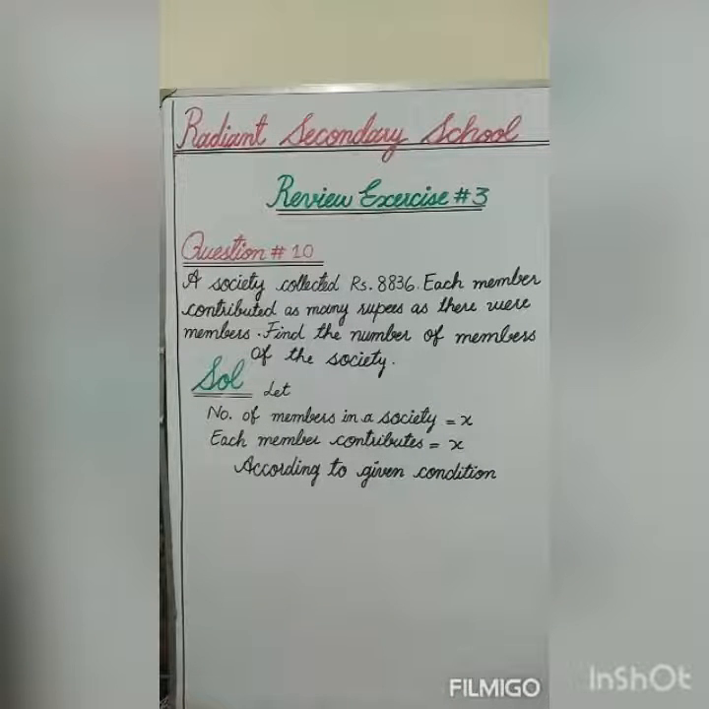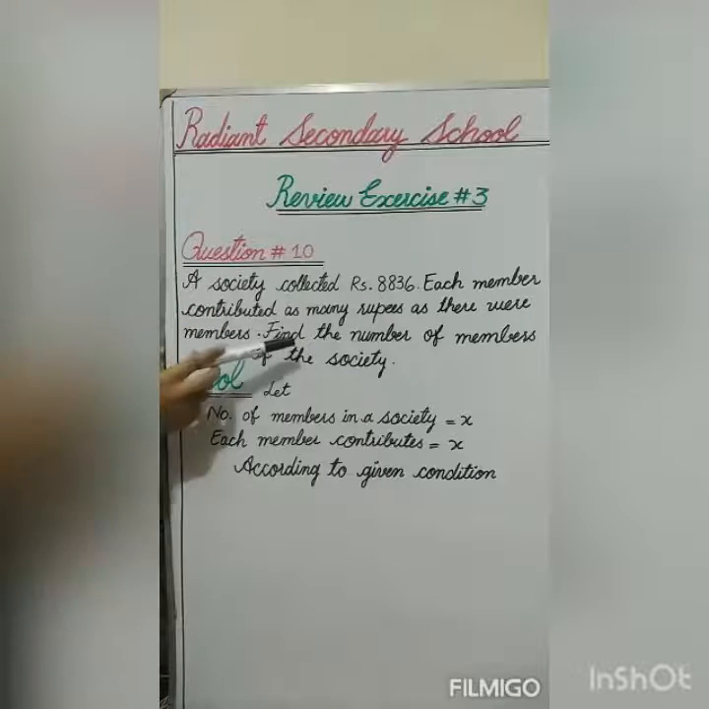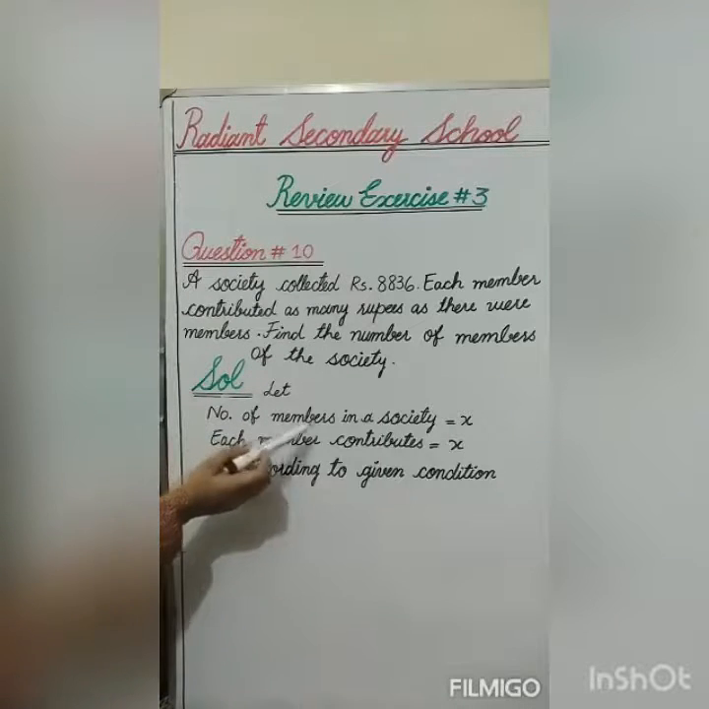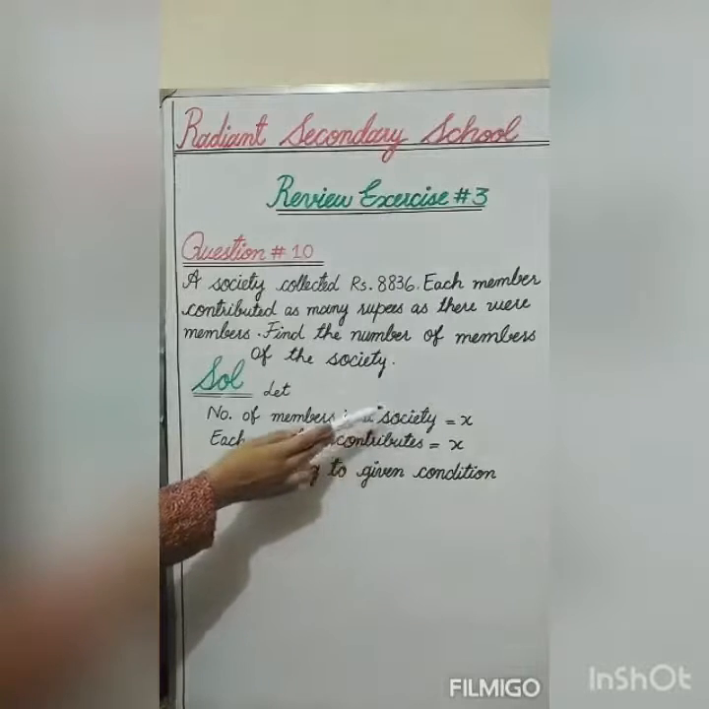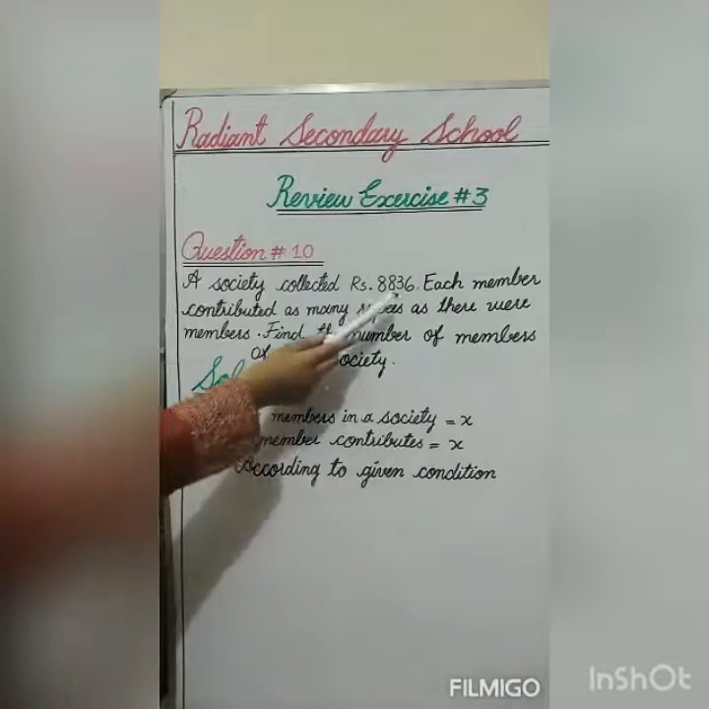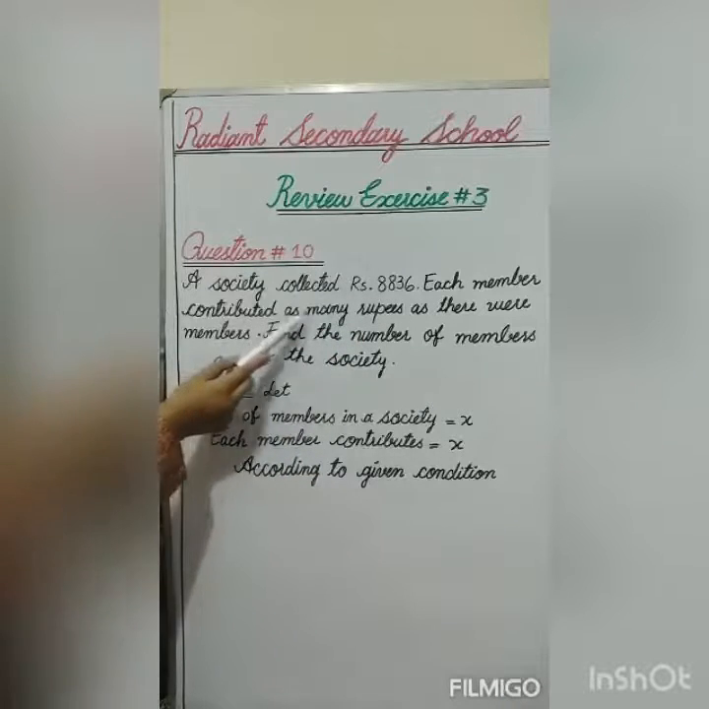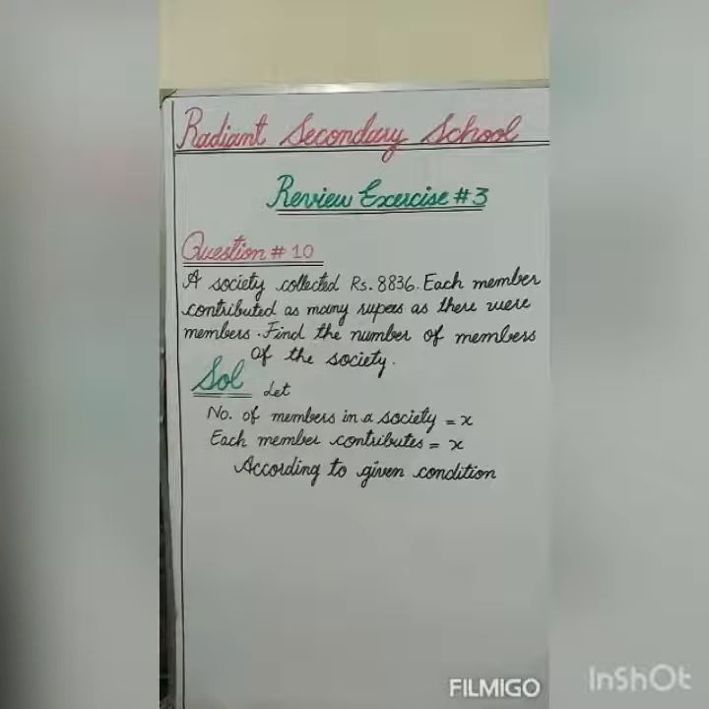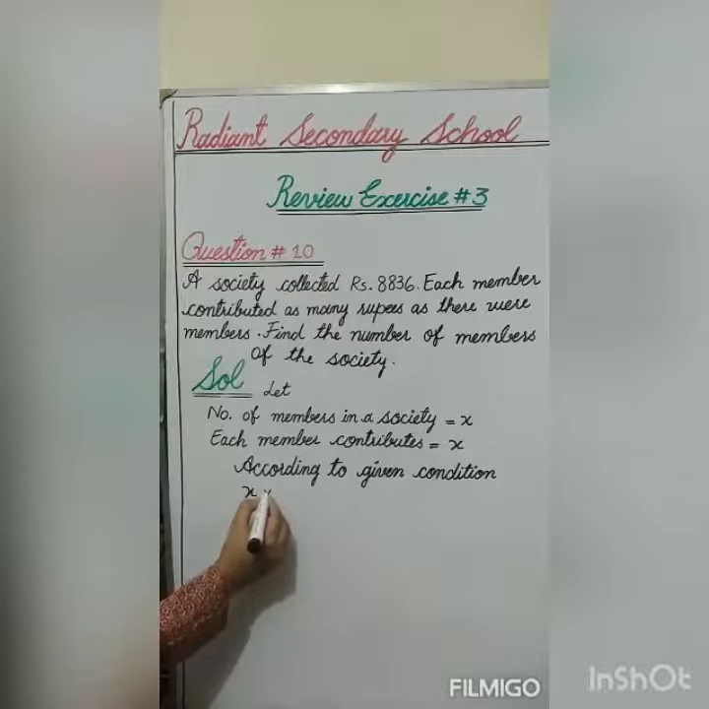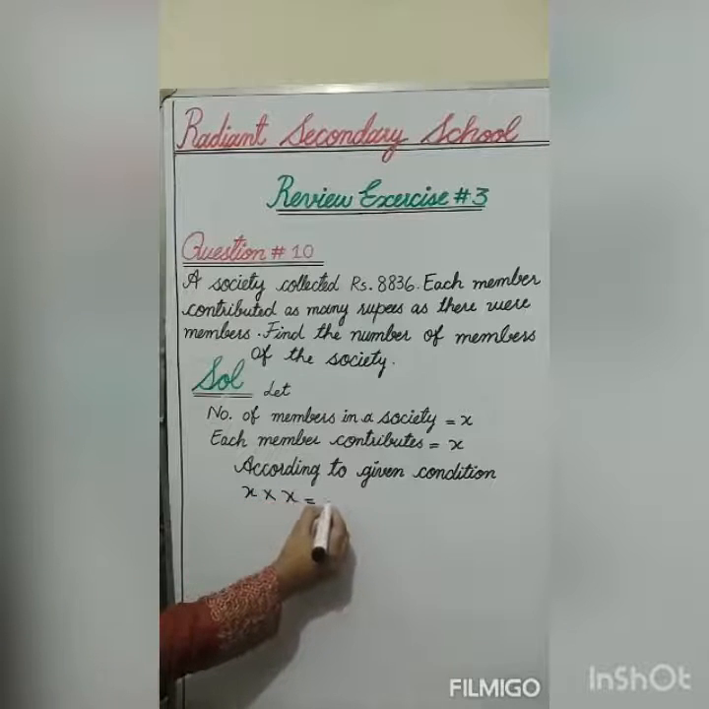Okay class, now the last question, number 10, is: a society collected rupees 8836. Each member contributed as many rupees as there were members. Find the number of members of the society. Now first of all, suppose that the number of members in the society equals X. Each member's contribution is also equal to X, because in the statement we have each member contributed as many rupees as there were members. So according to the given condition, the number of members in the society into each member's contribution is equal to